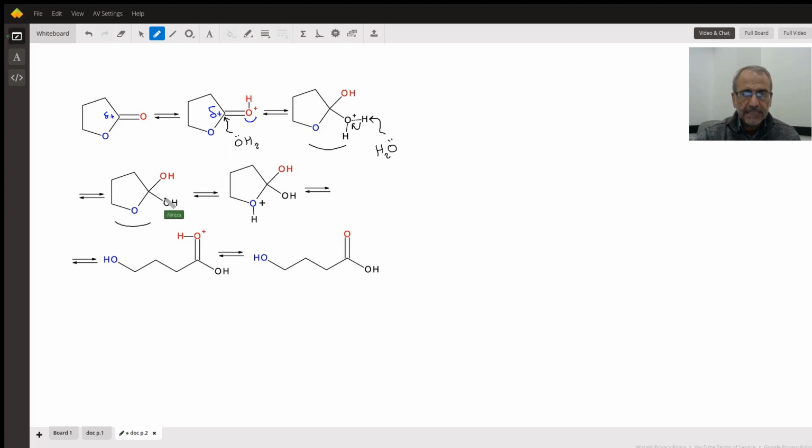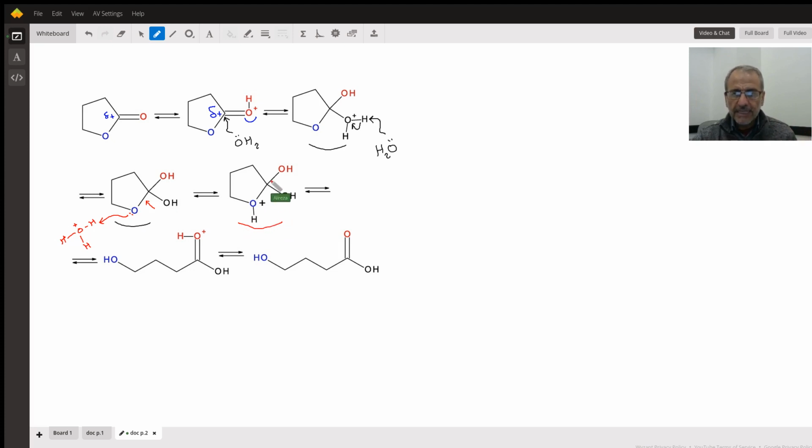In the next step, this carbon-oxygen bond must be broken to have a linear structure. However, the carbon-oxygen bond is a relatively strong bond. So in order to cleave this carbon-oxygen bond more easily, we should protonate the blue oxygen by acid. Again, we do have acidic condition. And then after protonation of the blue oxygen, we get this intermediate in which we have a perfect leaving group,